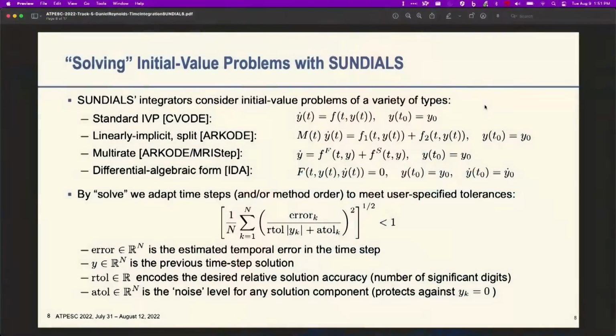Okay, so I mentioned I'm going to talk a little bit about SUNDIALS, and then on the next slide I'm going to talk about PETSc and Trilinos. So SUNDIALS stands for the suite of nonlinear and differential algebraic equation solvers. And as the name implies, we have a number of different methods for solving different types of ODE initial value problems. The workhorse that everybody knows is called CVODE, and it solves standard initial value problems,